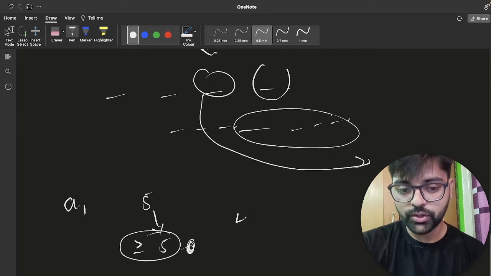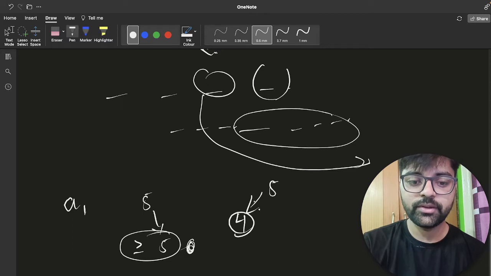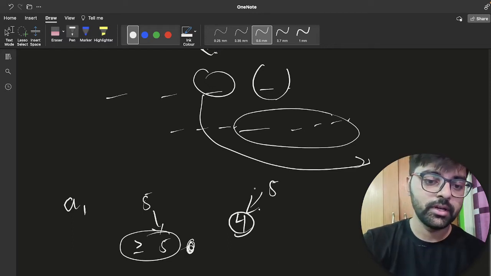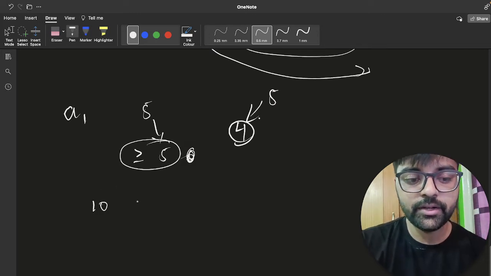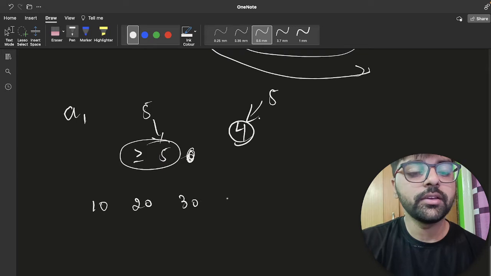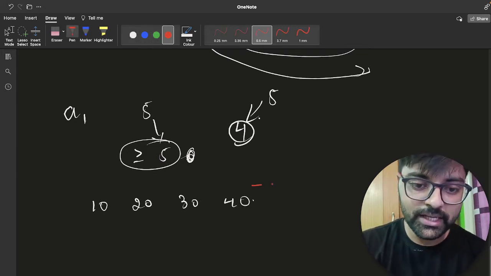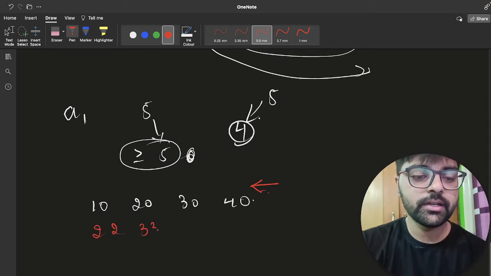If you are getting a smaller element, we cannot make it. Like we cannot make 5 to 4, we cannot make a bigger number as a smaller number. So now let's say we have some array 10, 20, 30, 40, and 22, 33, 33 and 55.